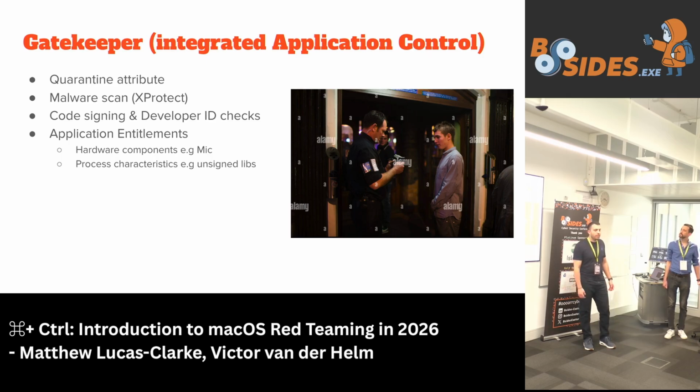It's like a flag that's appended to an application or a binary when it's downloaded from the internet, similar to your Windows mark of the web. That will be used to determine whether it's malicious or not, or whether it should be allowed to execute in your environment. Another really crucial check that Gatekeeper does is a signature check. Applications will often have a signature in macOS, and or might be notarized. Generally, the existence of a signature will indicate whether it's been vetted in some way by Apple.